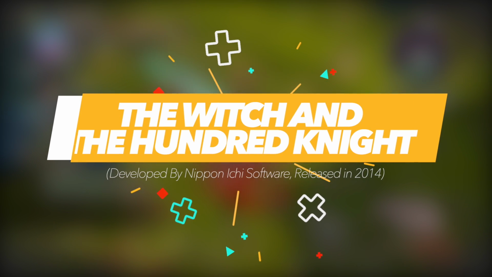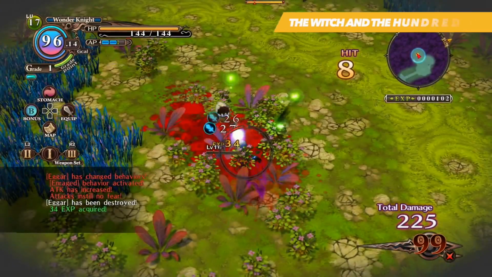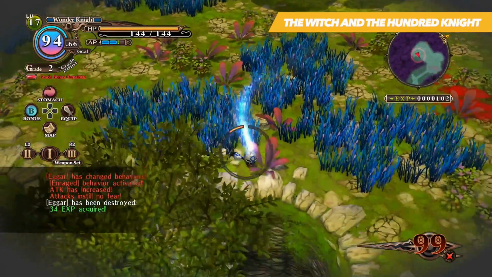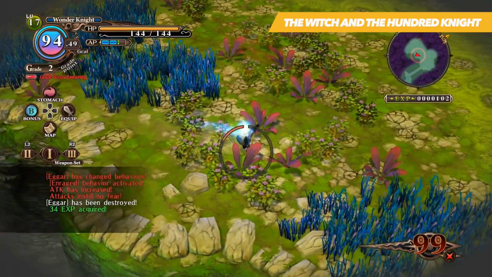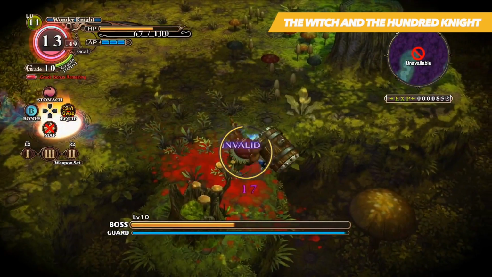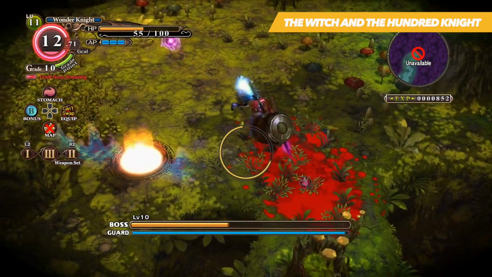The Witch and the Hundred Knights is a fairly significant departure from Nippon Ichi's normal fare, both in terms of gameplay and its narrative content. It revolves around a young lady known as Metallia, who comes across as a rather nasty piece of work. She's rude, aggressive, foul-mouthed and prone to bouts of violence, a far cry from the usual tropey setups in many